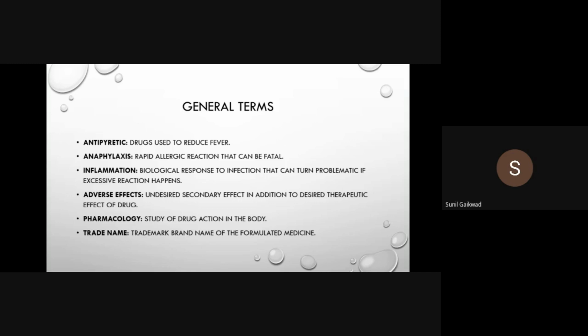Now, every drug has some type of side effect, because we are putting chemicals in our body to treat a disease, and in an overdose or in high doses, it can affect our body in a not very desirable way. Pharmacology is the study of drug action in the body. How a drug reacts in the body, and in what organs and cells it reacts, we can study in the pharmacology of the drugs.